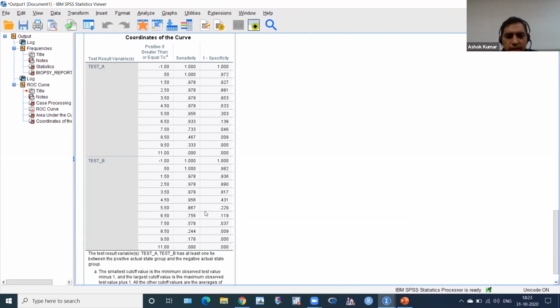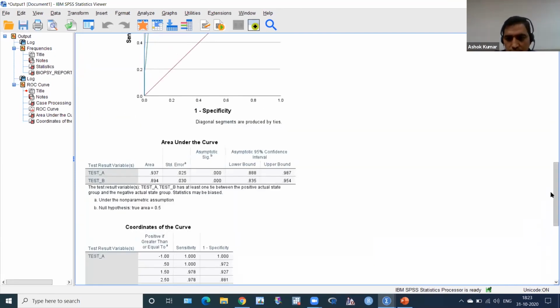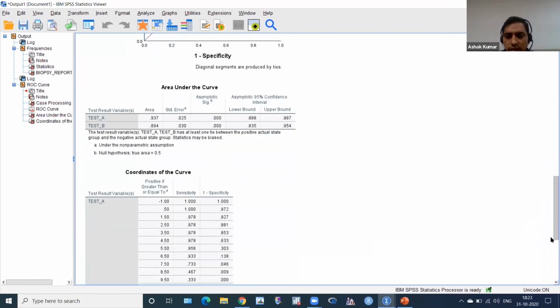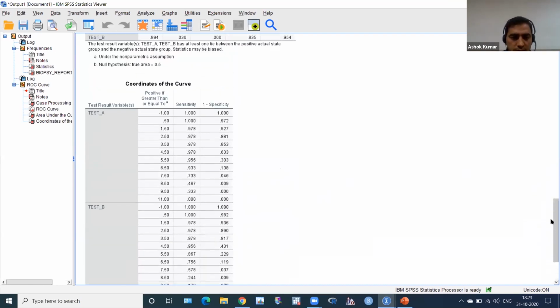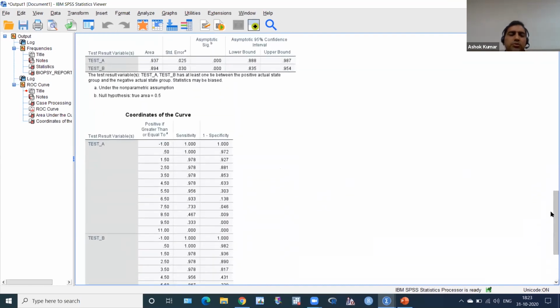We know test A is higher than test B, I think. Okay, test A is higher than test B, but maybe the cutoff value may be up and down, there is no problem. Now, how to get sensitivity, specificity, positive predictive value and negative predictive value.